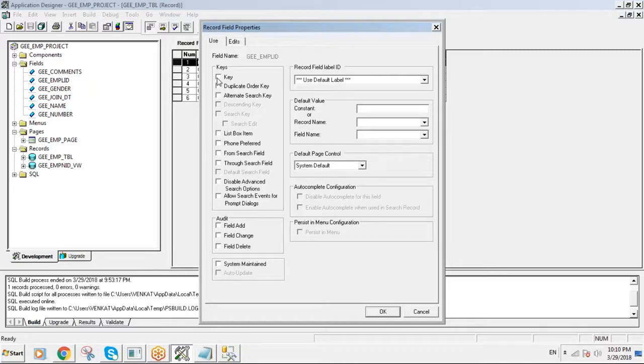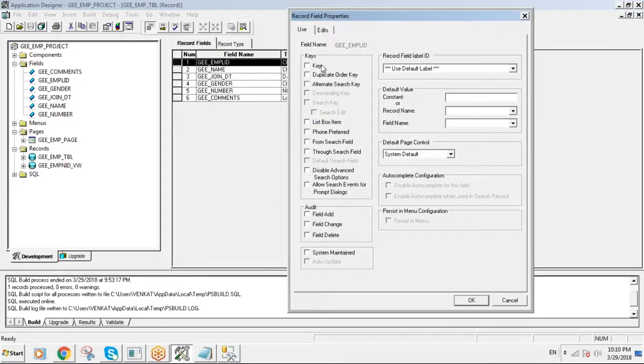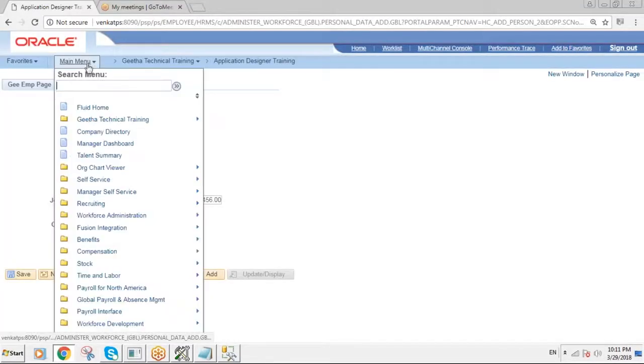Now, I decided in my table, my employee is key. Observe one thing, whenever I select the employee, this search key property will be enabled. Earlier it's disabled, now it is enabling. Venkat, what is search key? Here, if you observe one thing,